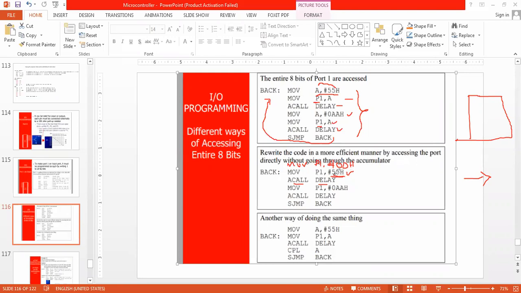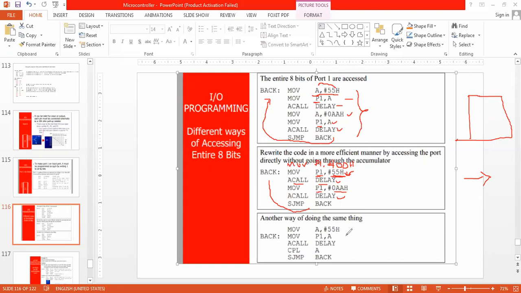So 55H is put on P1, then call delay. AAH is put on P1, then call delay. Again, jump back and repeat. So instead of having A as an intermediate, I can directly write using the immediate addressing mode for the port registers.